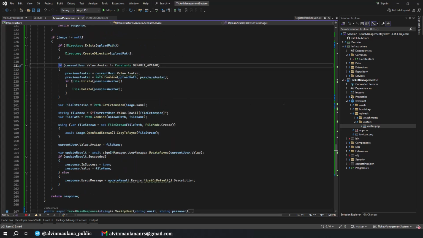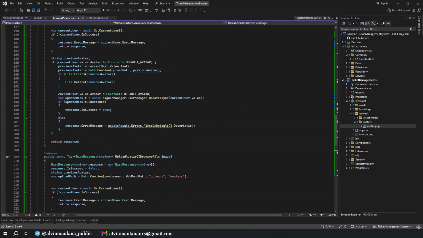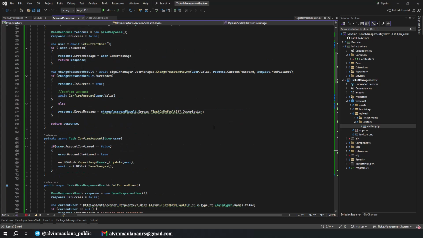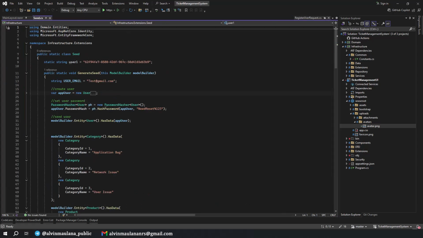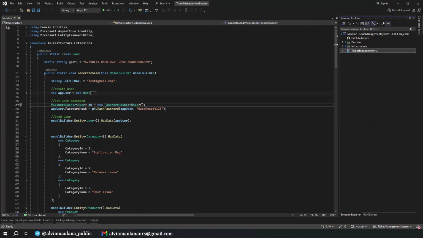Wow, it took a lot of time to create this service because there are many functions we created. And the next thing, we will update our data seed. Okay, I already opened the data seed. For the data seed, you can download the resource in the description and just copy it below